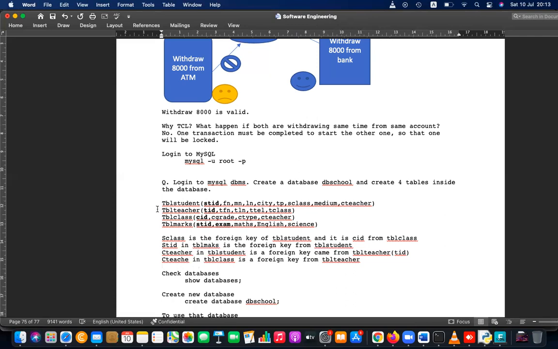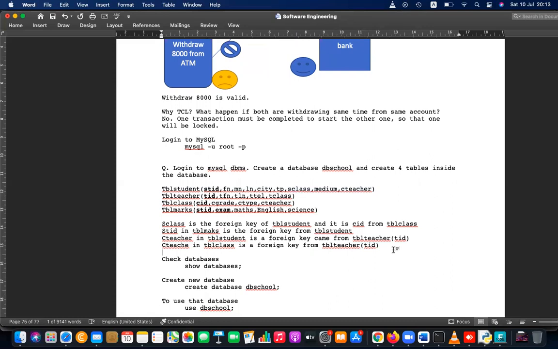TID goes as a foreign key, and so it links to this table too. The student ID links to this. In addition, S class links here. The CID of the class is what links here as S class. Here S class. Okay, so these are the relationships.